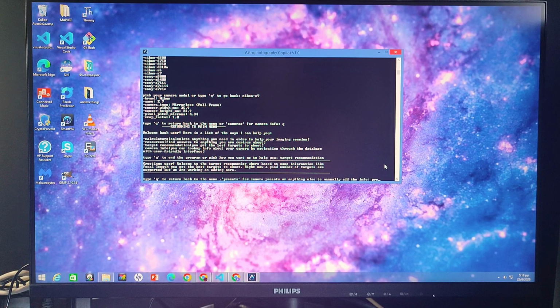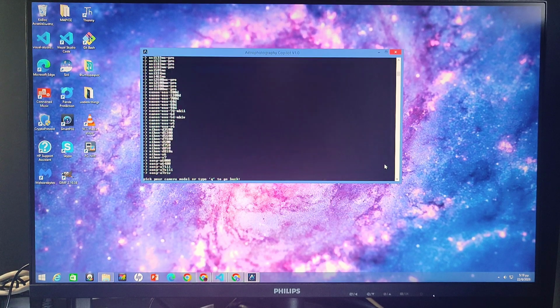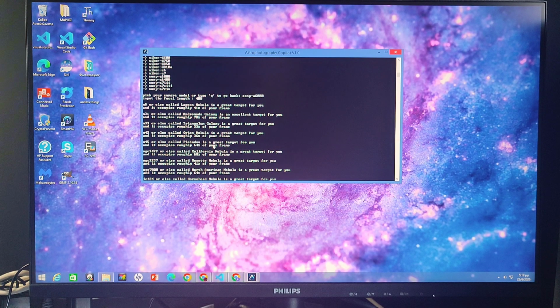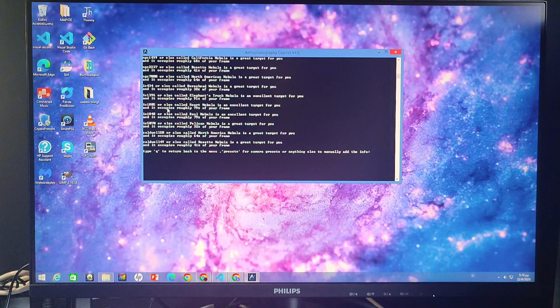So let's type presets again. I will choose now the Sony A6000, and I will input a focal length of 400, and it prints me like 10